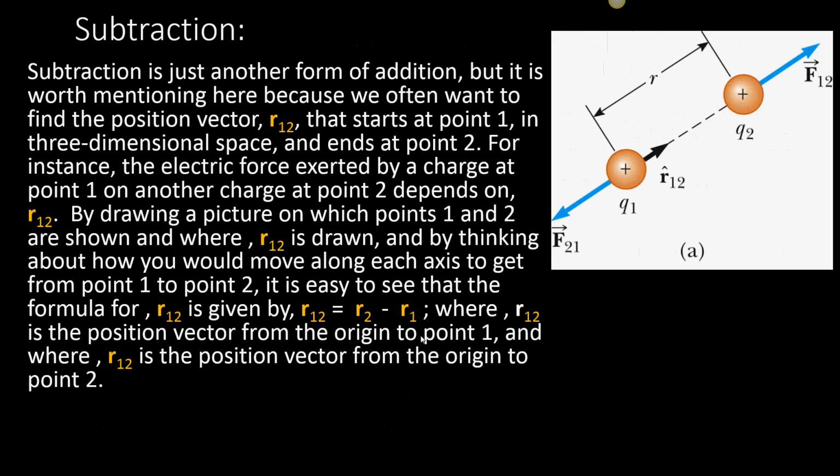Okay, subtraction is just like addition, but you take one of the vectors and put a minus in front of everything you do. But the reason why I want to talk about it here is that the position vector r12 is really important, because that's a vector that we use to indicate the influence that charge 1 right here on our set has on charge 2 over here on our set. And the way we talk about all vectors is by a subtraction phenomenon. And so what I want to do is